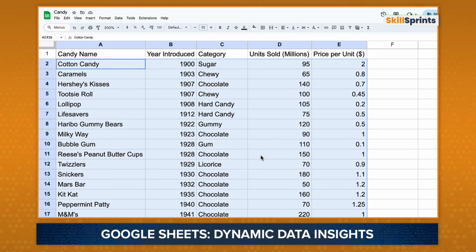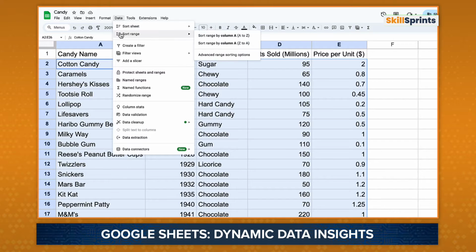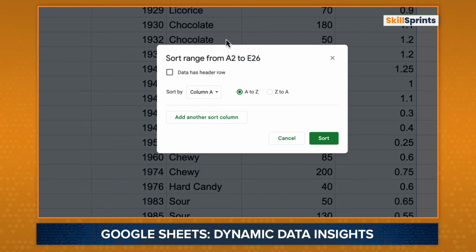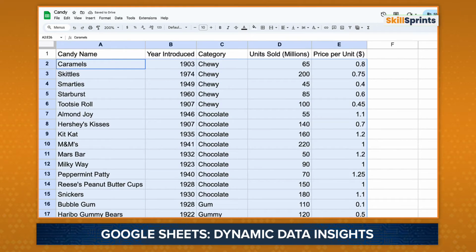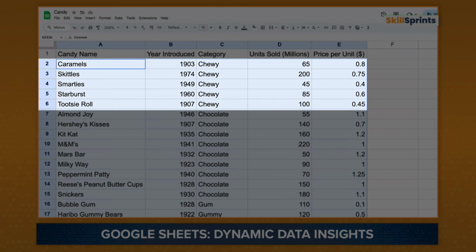I also can introduce a secondary sort in case of a tie. In categories, we have, for example, more than one chocolate. So let's go to Data, Sort Range, Advanced Range Sorting Options. We're going to sort first by column C, and then we're going to sort by column A. So now we've introduced a kind of secondary sort. You'll notice we're alphabetized first by column C, and then within Chewy, we're alphabetized by column A: Caramel, Skittles, Smarties,